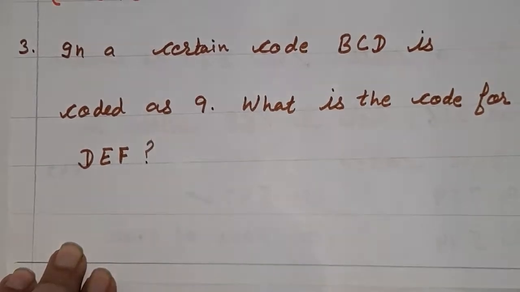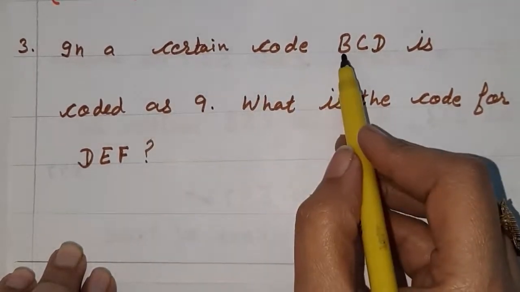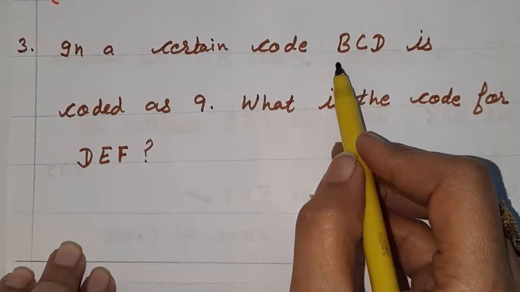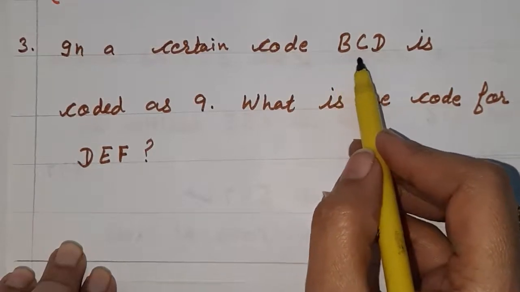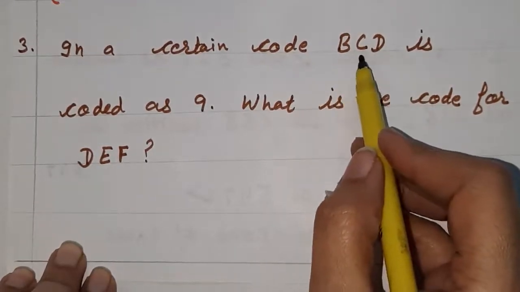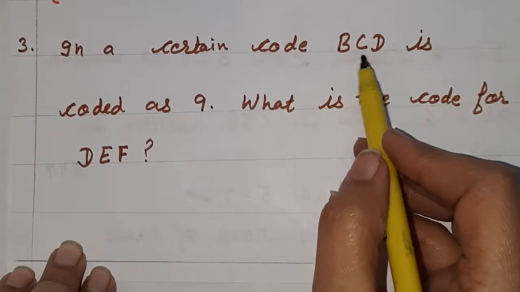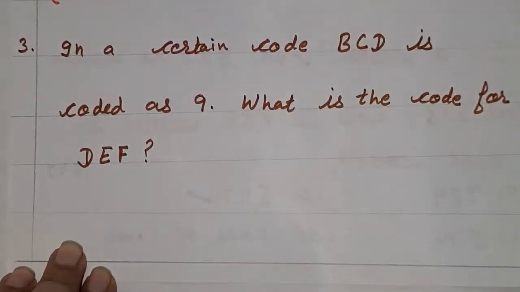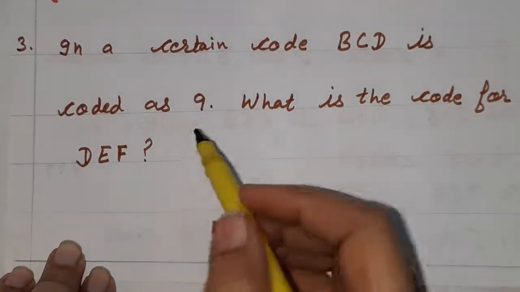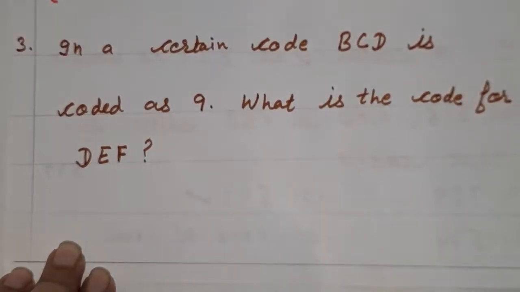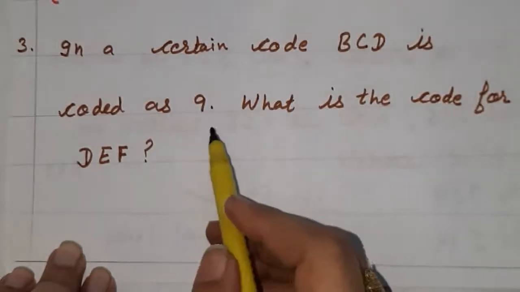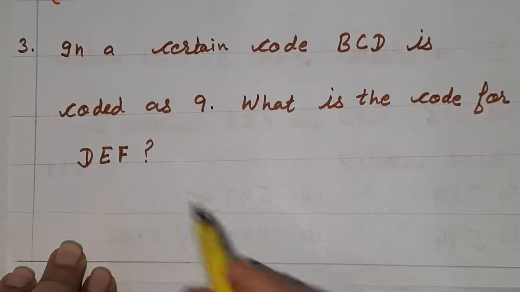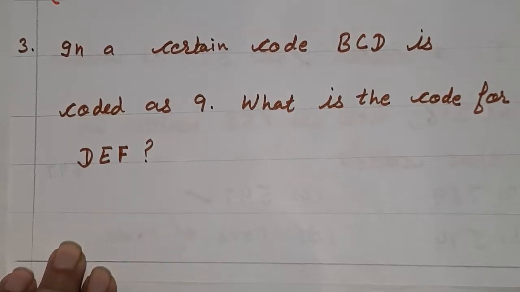For this question, I can give you the hint. Find out the place of B in your ABCD. B का place क्या है, C का place क्या है, and D का place क्या है. Then add these. Are you getting 9? You have to check. Either adding these 3 or adding 2 or adding 1, subtracting 1 from 2. Find out the relation and then decode DEF.